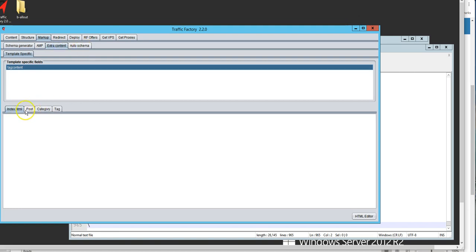Over here for our extra content, okay, we got nothing in the index, we got nothing in the post, nothing in the category, and nothing in the tags. So we're not going to add. Now, actually, you know what? We'll go ahead and do this, because on the